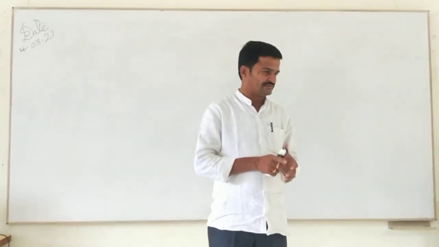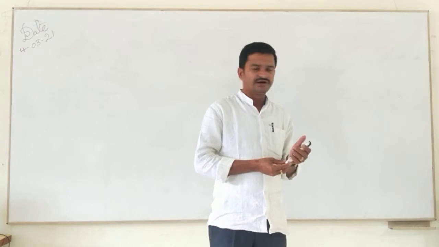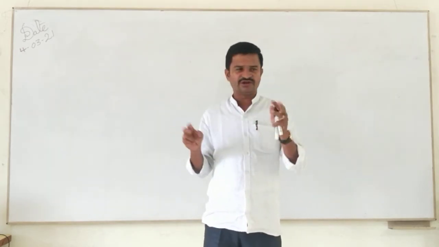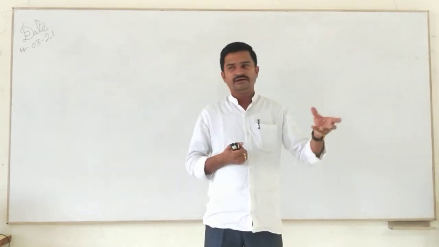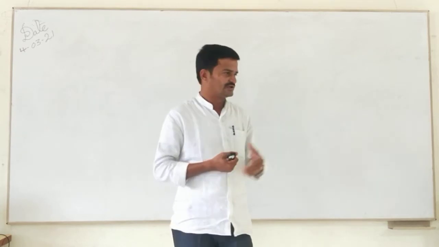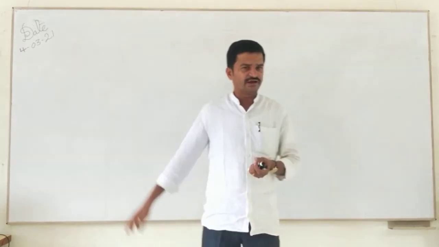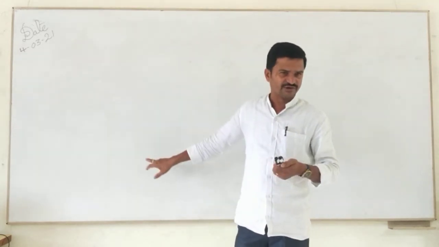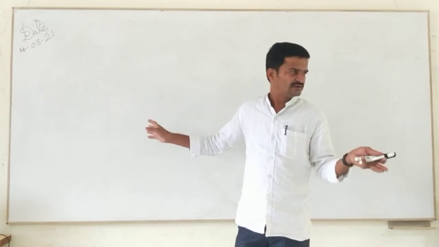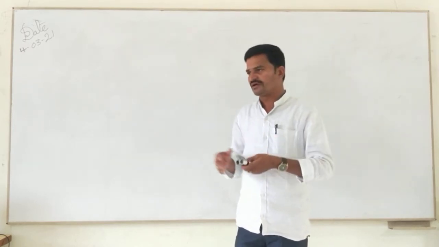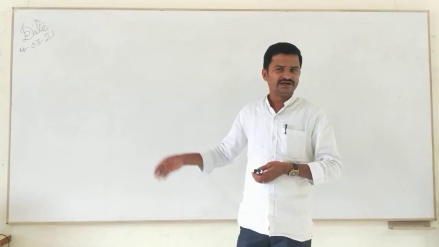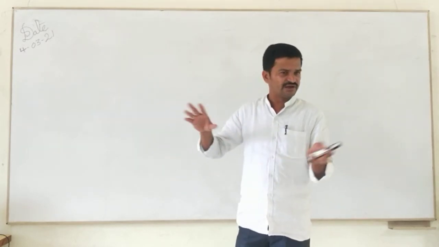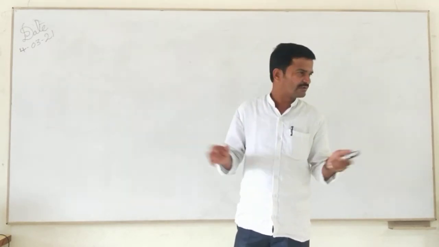So yesterday we learned the construction of a quadrilateral when two of its sides and three of its angles are given. Are you clear? Yes, sir. And we have constructed a parallelogram also. In a parallelogram, two sides and one angle only are given. Based on that, by using the properties of a parallelogram, we found opposite angles are equal and adjacent angles sum to 180. Have you remembered that process or not?